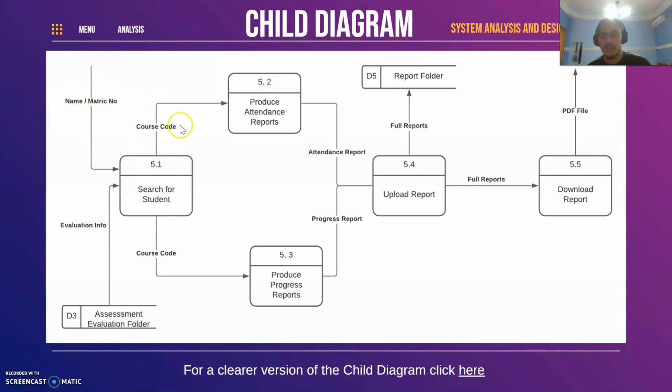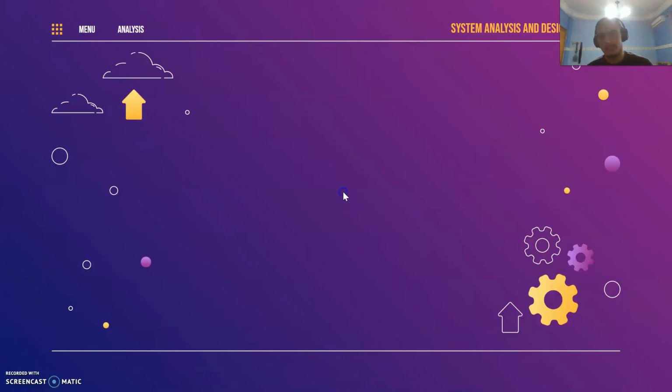Then the course code is chosen, and the attendance report is produced. Attendance report and progress report are then produced and compiled into one report. They're going to be uploaded into the report folder, which is data store 5, and those reports are then going to be downloaded by the coordinator in the form of a PDF file.